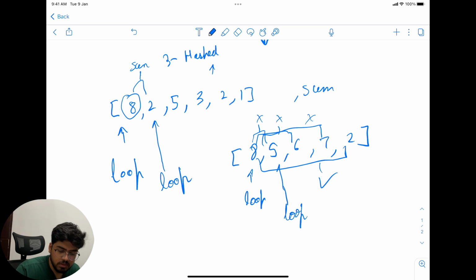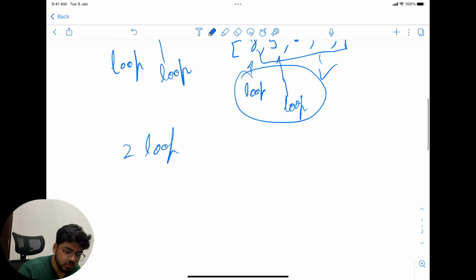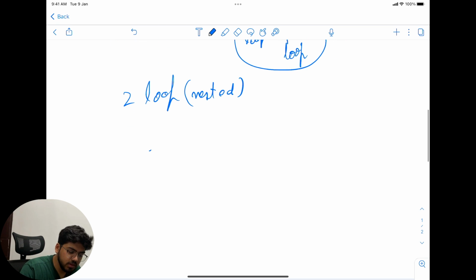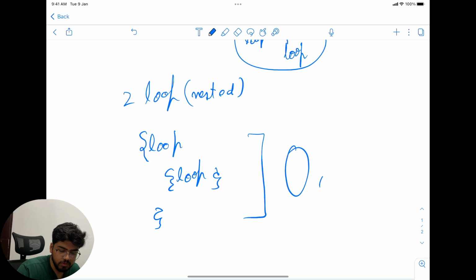So this is the brute force method, in which we have two loops, and these two loops are nothing but nested ones. So what happens if there are two loops and one loop is inside another loop? Then we will get the time complexity of big O of n square.